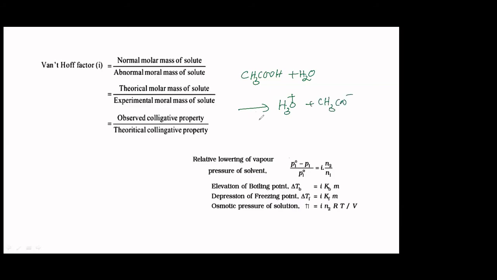CH3COO−. But if you put acetic acid in benzene, it will not dissociate, it will associate to give a dimer, C6H6, CH3, C double bond O, OH. Another molecule will come